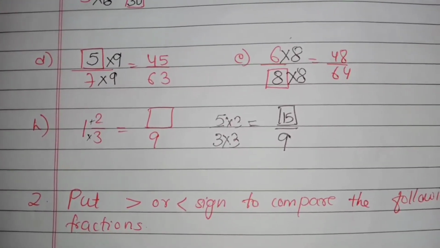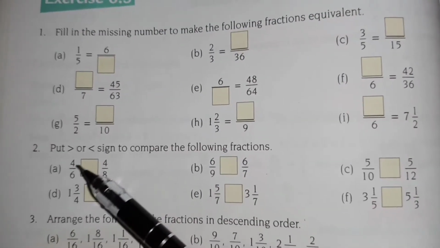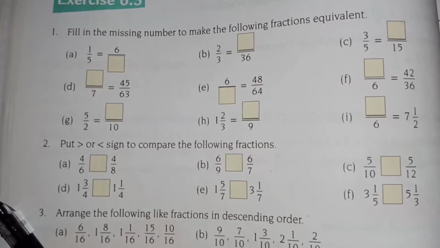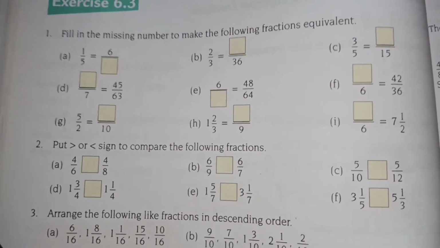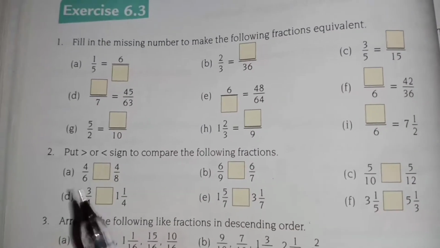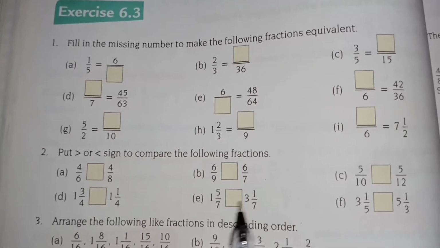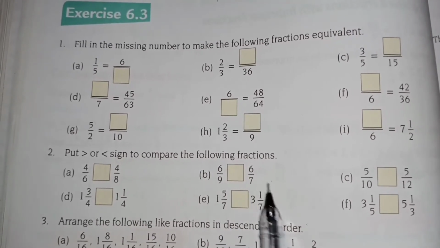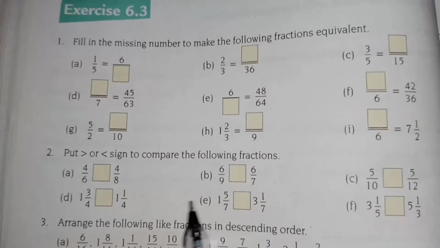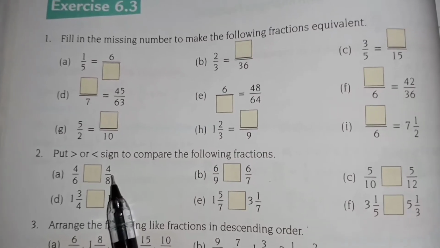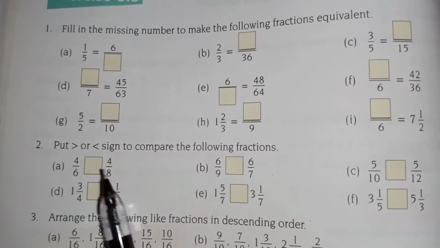Now let us see what is question number 2. Now what is question number 2 is that we have to put this sign to compare the following fractions. Okay, you have done this in the whole number, but you have not done in the fraction how to do. But this one is also very easy. If your denominator is same, it becomes very easy. Just you have to see the numerator which is small and big. But when your denominator is not same, at that time we have to do some steps, then only we can put this sign.